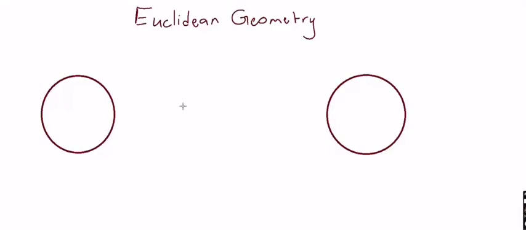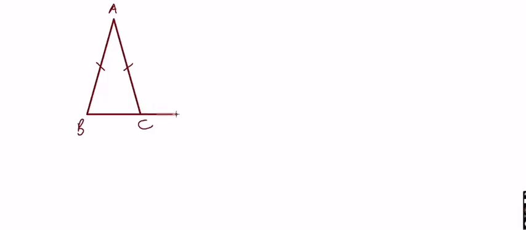In this lesson, we will look at Euclidean geometry, particularly the Euclidean geometry from grade 11. Just to begin, let's remind ourselves of something. If I've got a triangle that looks like this, and I happen to have these two sides equal, we say this is an isosceles triangle, right? And the property of an isosceles triangle is that two